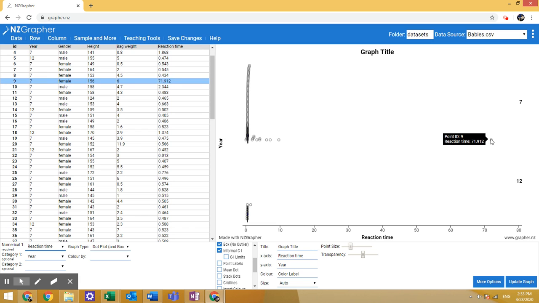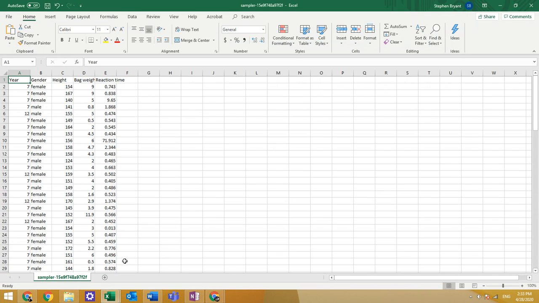So they were probably mucking around. So if I wanted to go with reaction time, this is person 9, 71.92. So if I go to my numbers and look for person 9, no, that can't be what that means. Oh, sorry, ninth one down. Here they are,